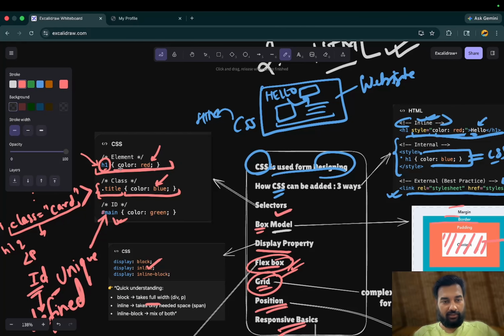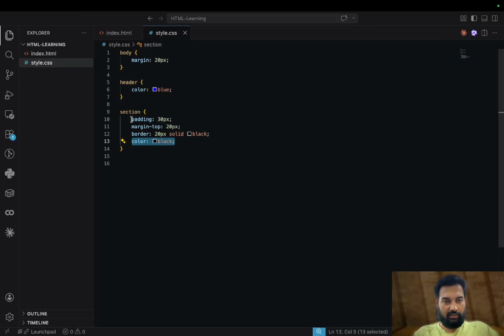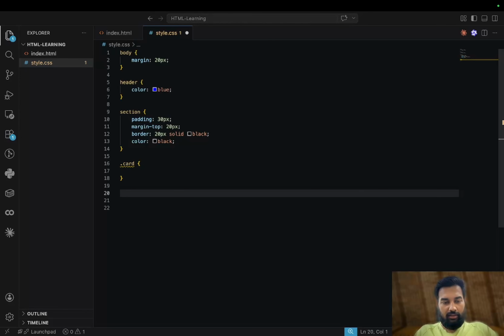Now we have selectors. So what are selectors? As we have already discussed, if we are implementing CSS to an existing tag, an existing element of the HTML, then it is written like this. If we are writing to a class, then it will go like this. And if we are writing any CSS for an ID,